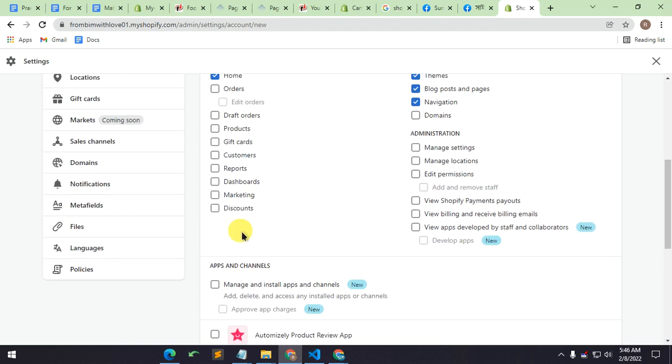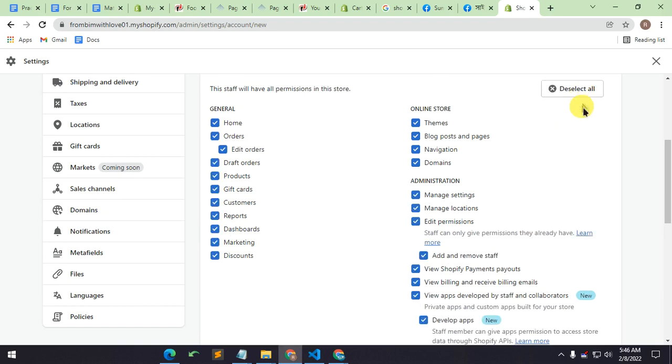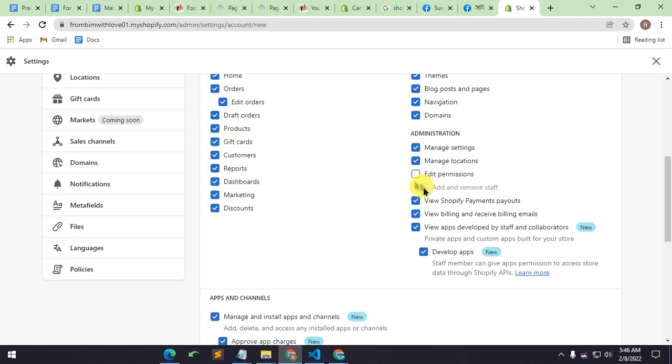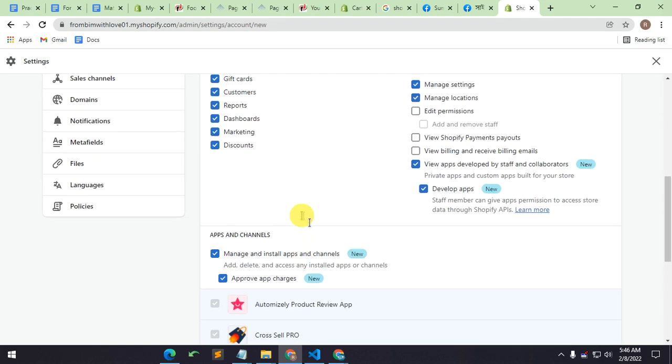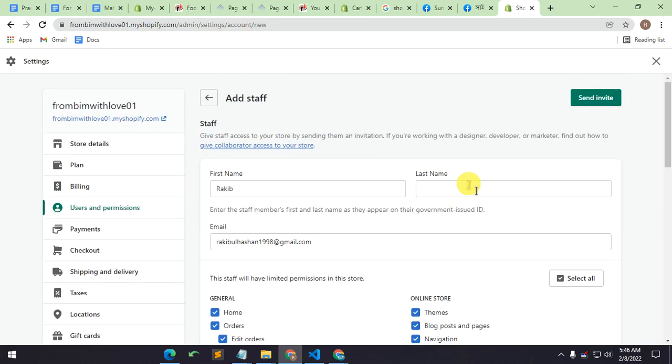Then they may need to add or delete the apps, so you have to give the settings, or you can just select all and then deselect the edit permission and payments and billings, other stuff. And other than that, a developer may need other credentials and access, and then you'll have to just send